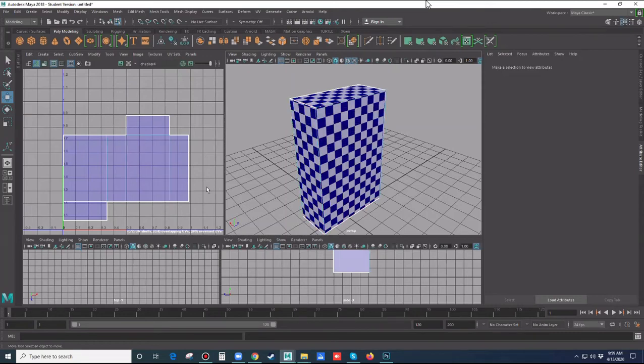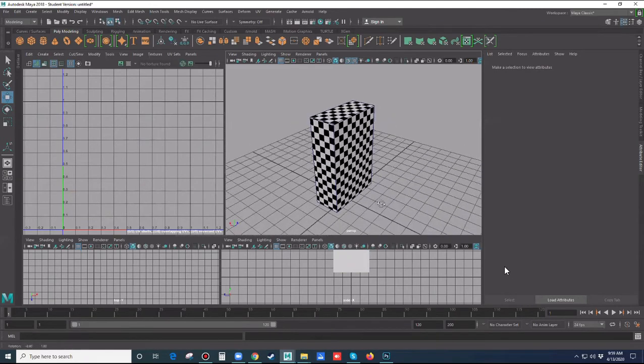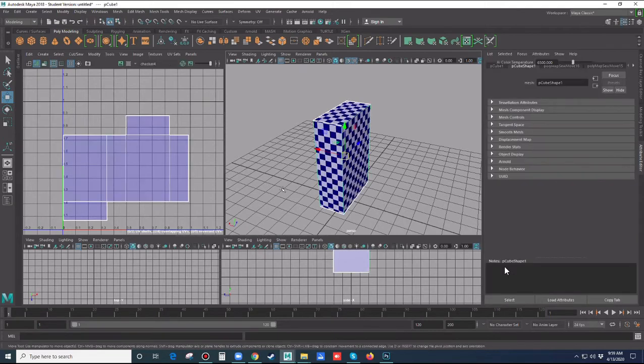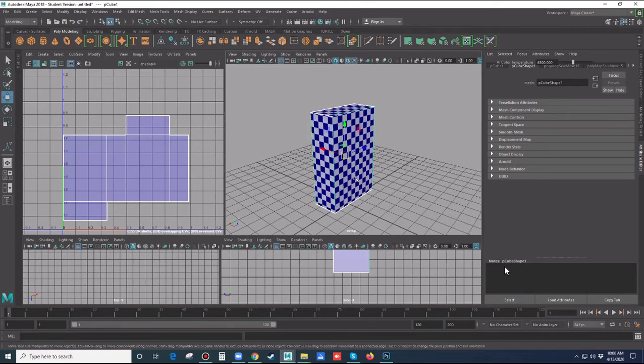Continuous UV layout for this object. And now it's time to basically take this and take it to Photoshop. That's what it is all about. And what does that mean? So first I'm going to export the UV